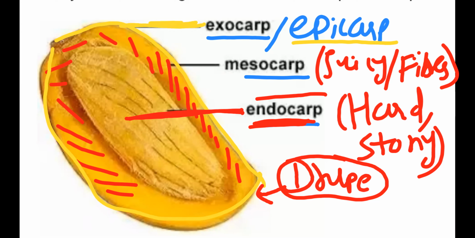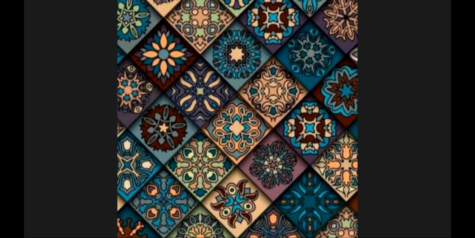Outermost we call the pericarp is differentiated into three. Mango का जो epicarp और exocarp है, that is skinny layer, thin skinny. Mesocarp, that is the main juicy fibrous edible part. Then endocarp is the hard stony structure, and in which the seed is present, right? Then next example of the drupe fruit, that is the coconut.